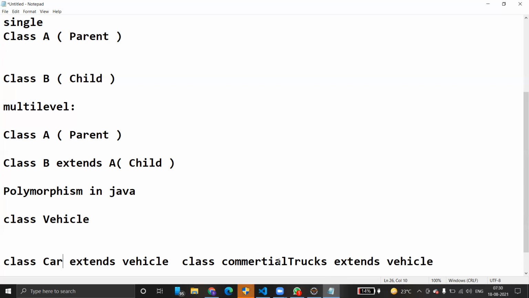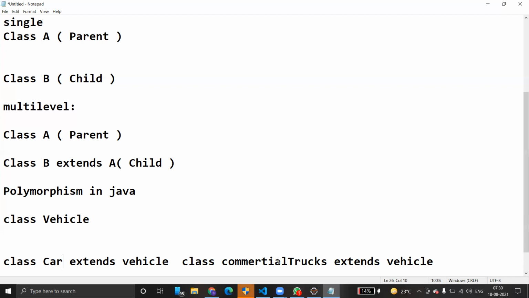So our observation is that there are different ways to do the same action. This is a perfect example of polymorphism. Polymorphism allows us to perform a single action in different ways. So that is all about polymorphism.